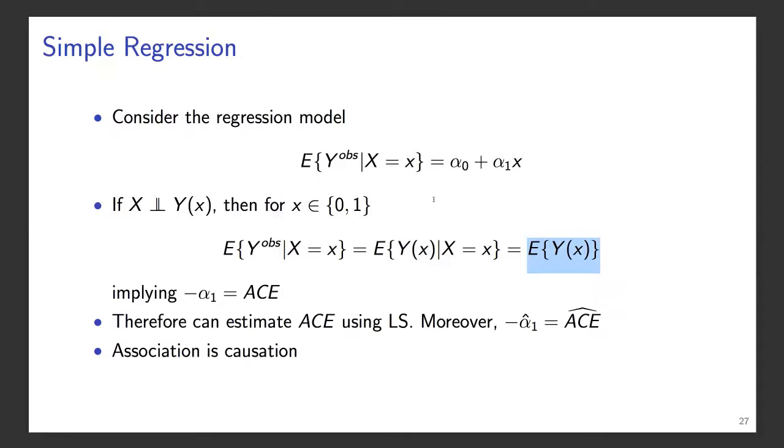So what that implies then is that the coefficient on the treatment variable can be interpreted up to a negative sign as the causal effect. Okay? So in other words, you do a randomized experiment, you just run simple linear regression without even thinking about it, and you're going to get the right answer. In fact, if you do this using least squares, you just recover Neyman's estimator. Okay, so again, the take-home message is in a randomized experiment, association is causation. You just do something simple and you get the right answer.